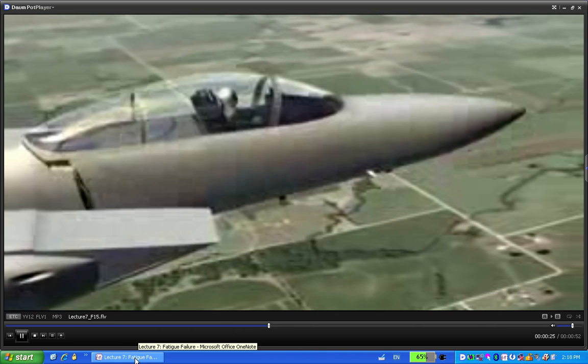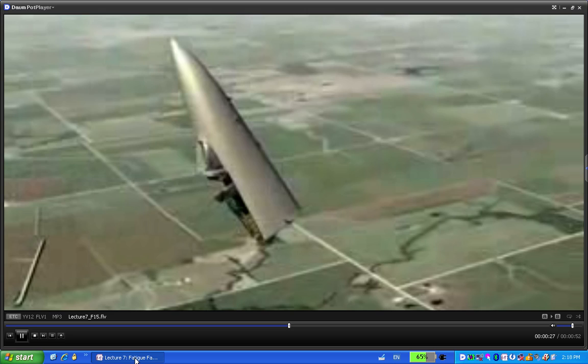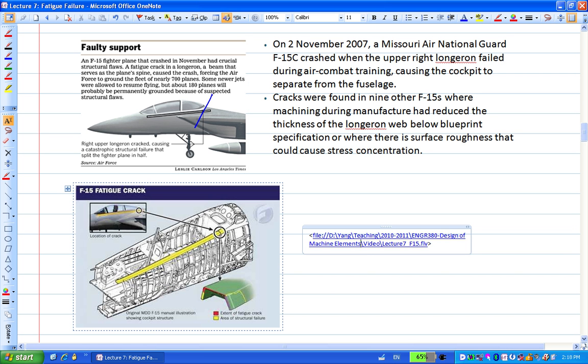Fatigue failure is dangerous. It's sudden, right? And you don't see it, because visually it's not seen. It's not discernible, right? So what happens is people at the end did some checks and then looked into the reason. So what's the reason for causing this failure here? They actually found a similar reason in many other